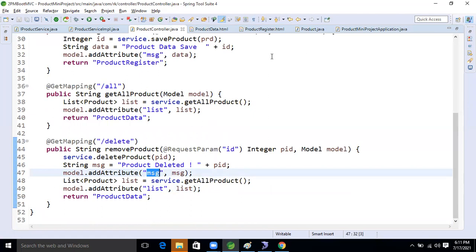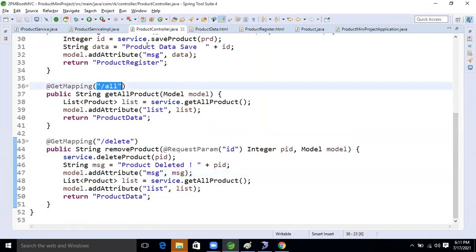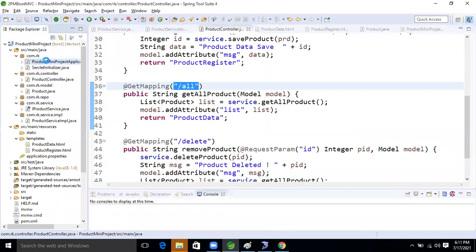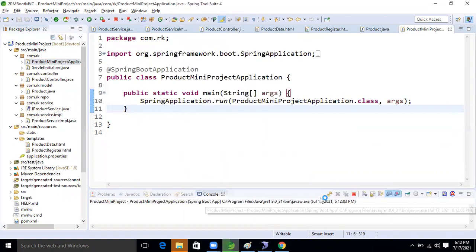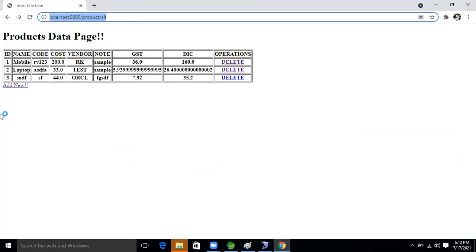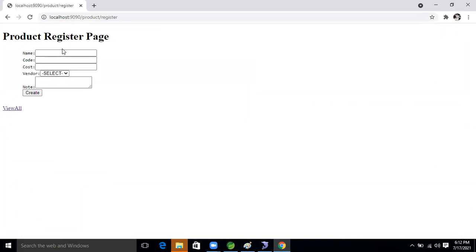So you want to see that our application is working perfectly now. We are getting it right on this page.